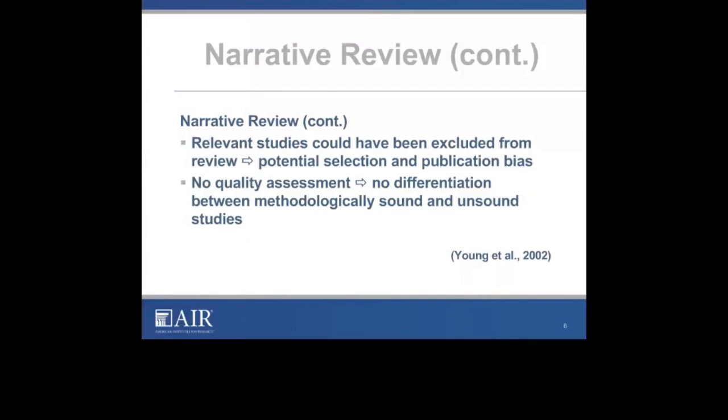There is also no quality assessment in a narrative review. Quality assessment means that once we gather all study reports, some are going to be of low quality, others of higher quality. Typically in the review arena, there is this idea that we want to give more weight to the higher quality studies, but that urges the reviewers to make a better differentiation between the methodologically sound and unsound studies. In a narrative review, this is typically not done, and all the studies are treated and described equally.